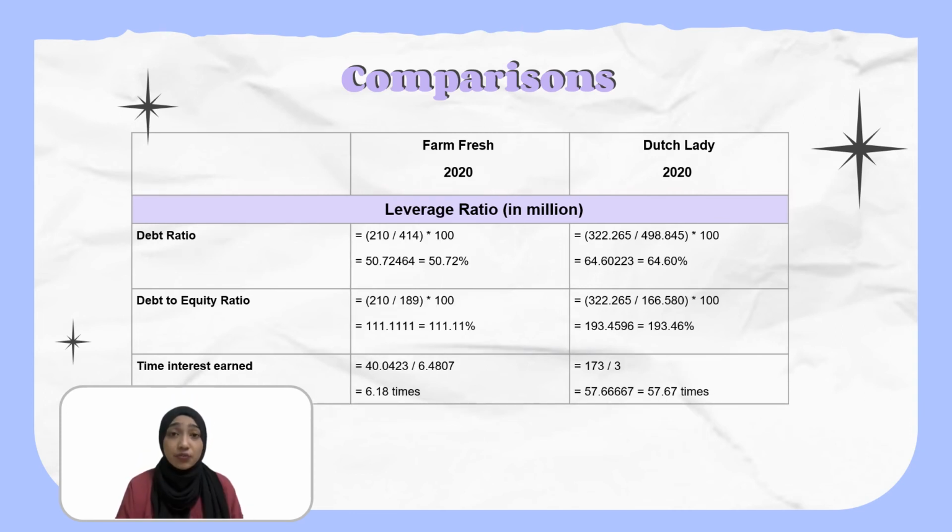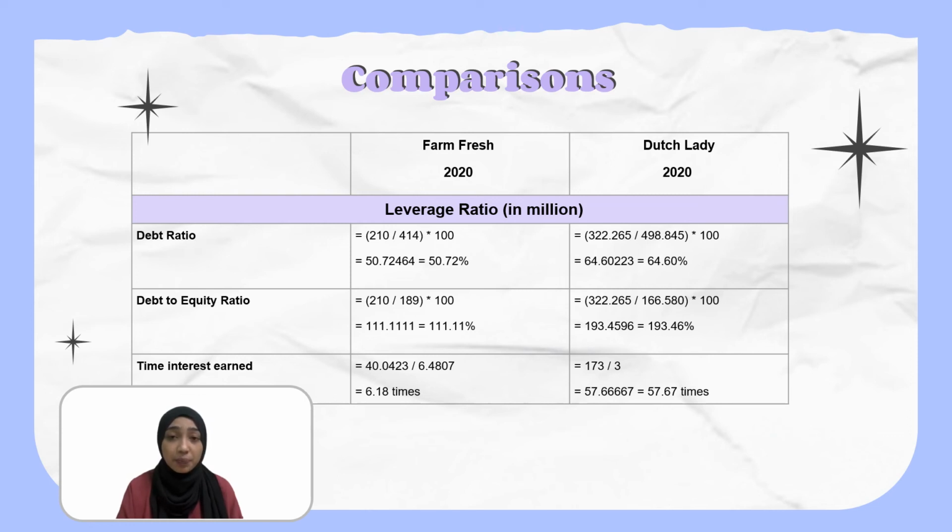Let's compare the leverage ratio between the two companies. The debt ratio for Farm Fresh is 50.72%, meanwhile 64.6% for Dutch Lady. Both companies are risky, but since the percentage for Dutch Lady is slightly higher, the company is risky as compared to Farm Fresh. Next, the debt to equity ratio for Farm Fresh is 111.11%, meanwhile